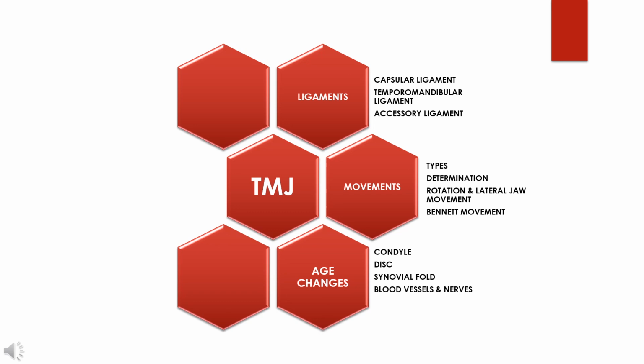In movements of TMJ, the TMJ exhibits two types of movements, namely the rotation, that is the hinge movement, and the translation, that is the gliding movement. The upper compartment shows the gliding movement, whereas the lower compartment shows the hinge movement. Then we saw about the basic movements of mandible, that is the protrusion, retraction, elevation, depression and the lateral deviation. Then to determine the mandibular movements, we require certain factors such as condylar guidance, incisal guidance and the neuromuscular factor.